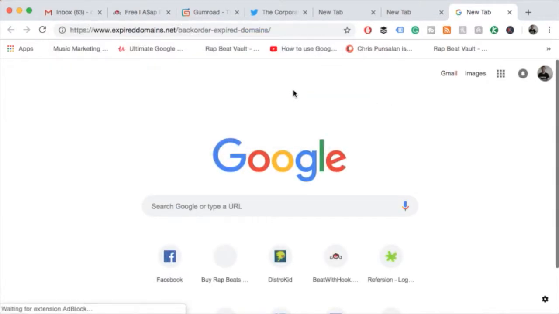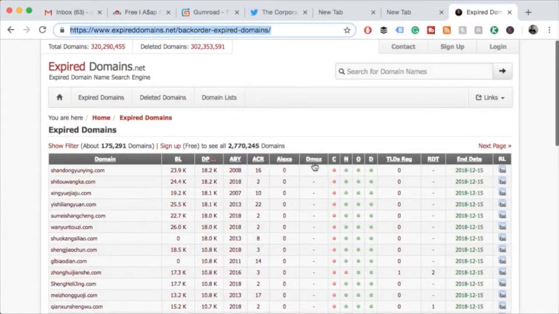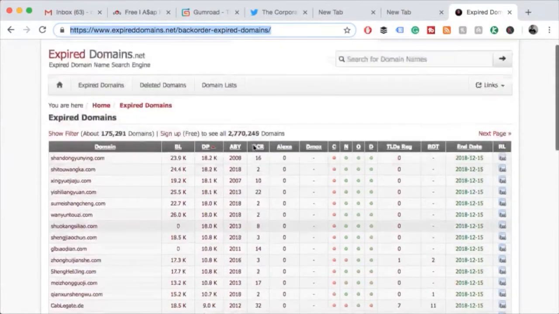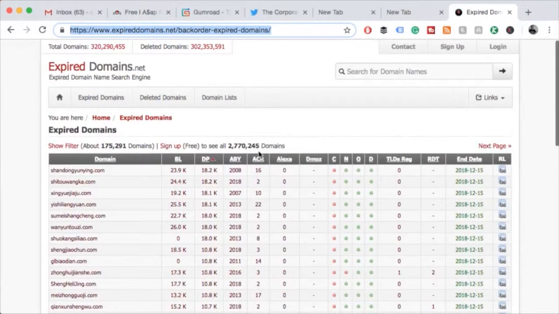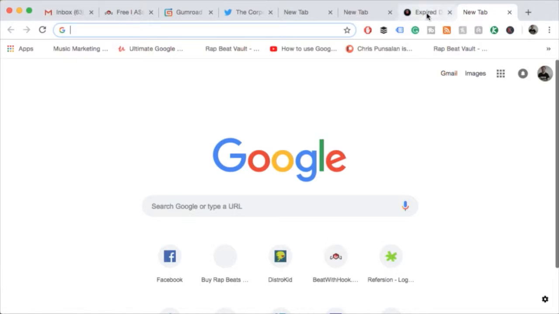You can find expired domains that are a year old, and all of these sites, you can find something that doesn't have to be perfect. Be careful about bad backlinks as well. Check if they've got bad backlinks. You can do that by checking it with a backlink checker on Google. So just find the domain, check the backlinks. If you see a bunch of Chinese symbols or porn backlinks, don't buy that domain. Try and get something that's as clean as possible.